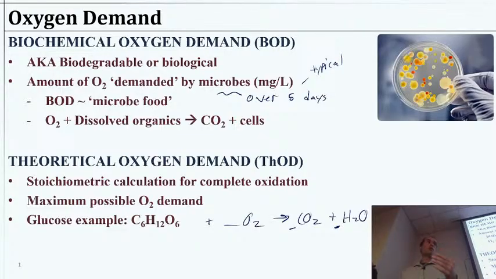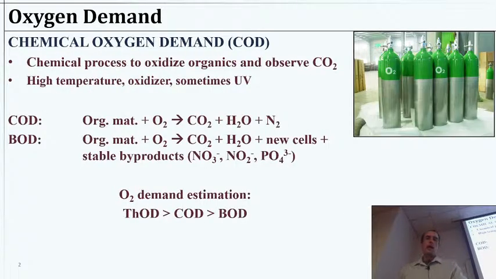The biological oxygen demand will be less than the theoretical, by definition. It has to be because some of the carbon is going into cells, for example. And building cells doesn't necessarily demand the oxygen that going to CO2 would require. So if theoretical is if we had total information about all of the molecules that are in our waste, which we never do, then we could count exactly how much it would take to do pure oxidation. So BOD then is a subset of the theoretical, and we could also look at an oxygen demand,